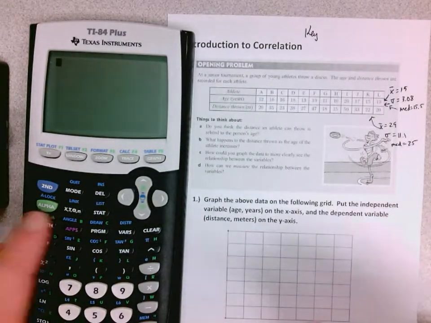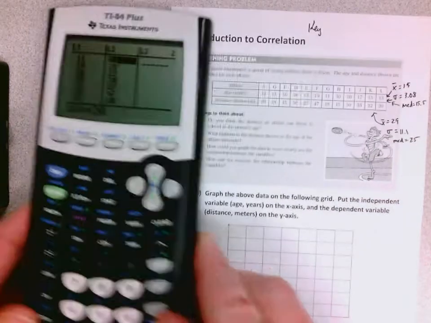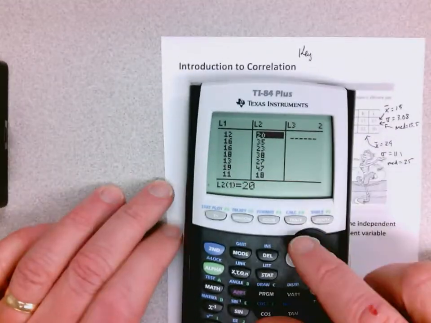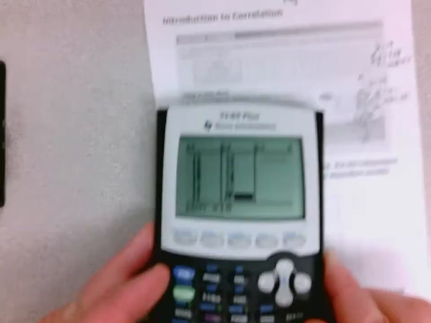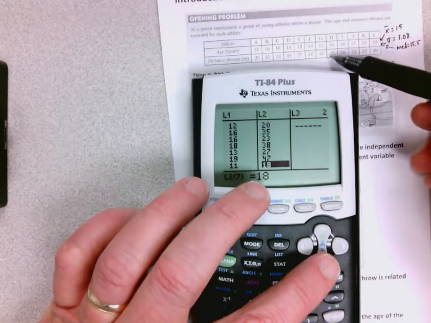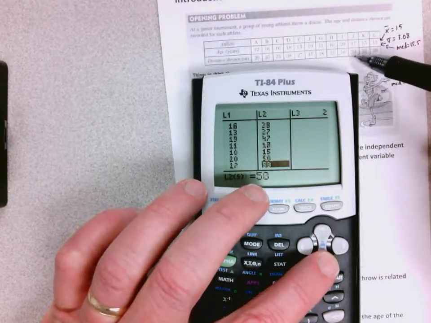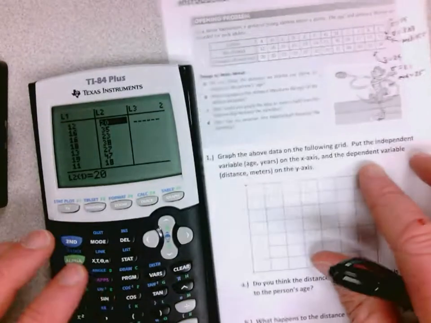So the first thing that I do is enter the data into two different lists, double checking to make sure that your numbers are right. It's worth doing a quick check there, because if you do the whole thing with wrong numbers, then it messes everything up. Okay, so I did the one variable stats